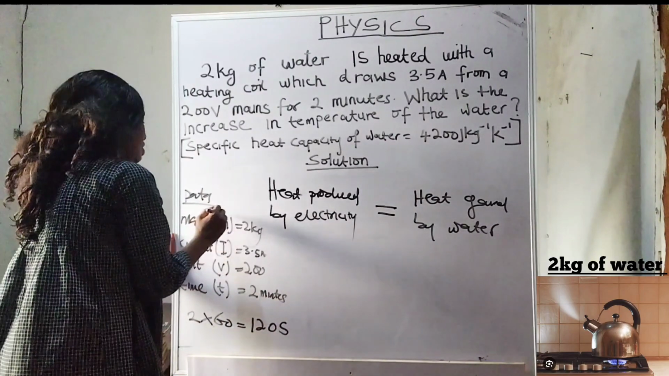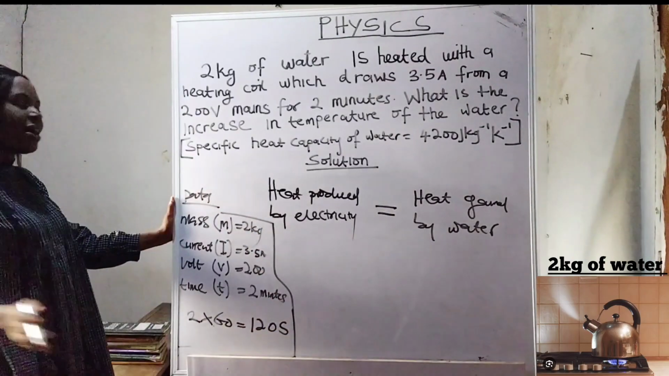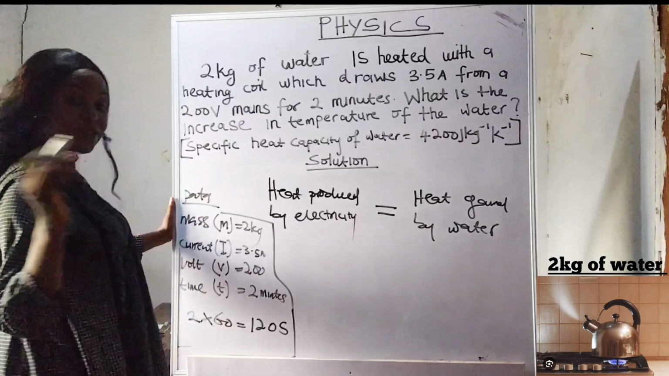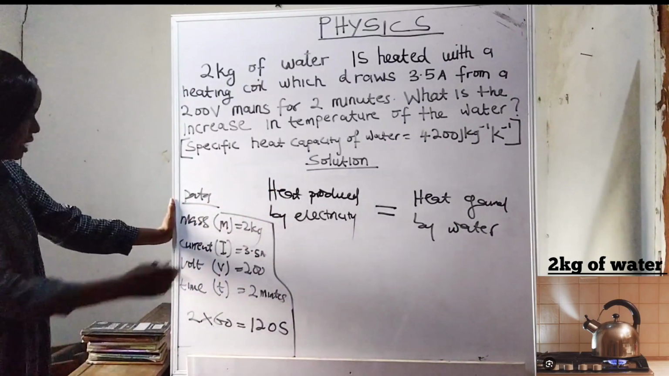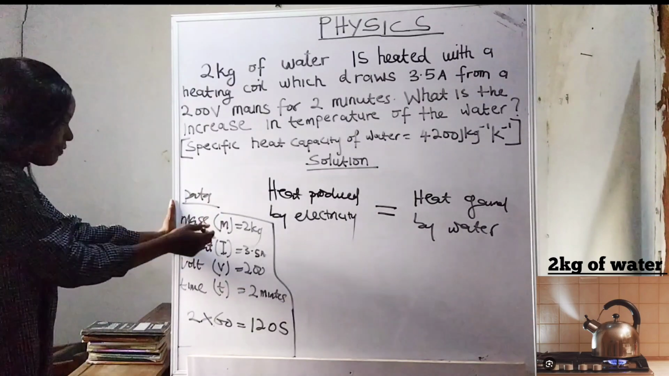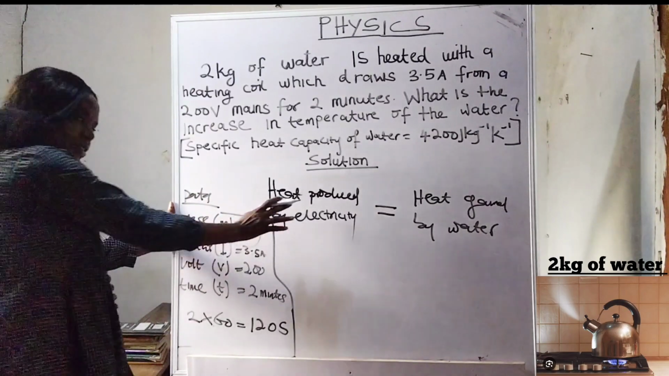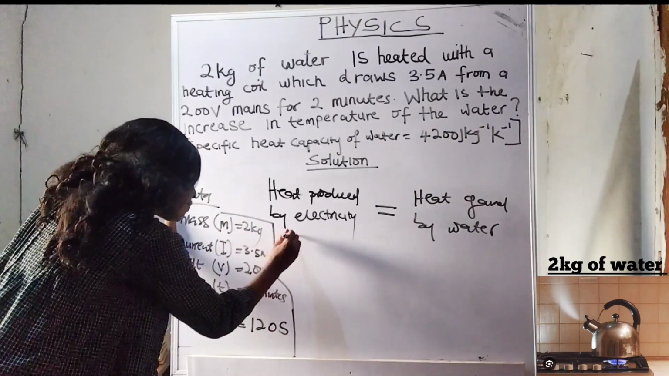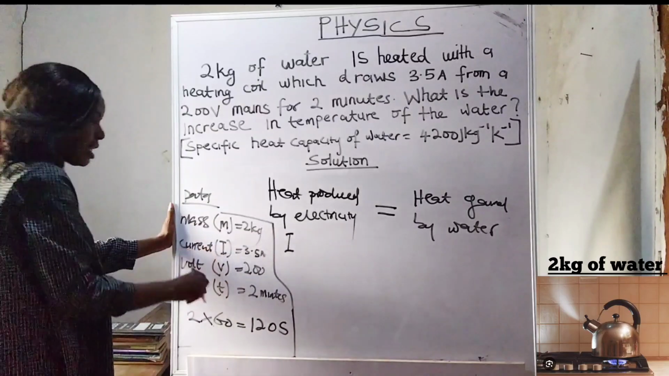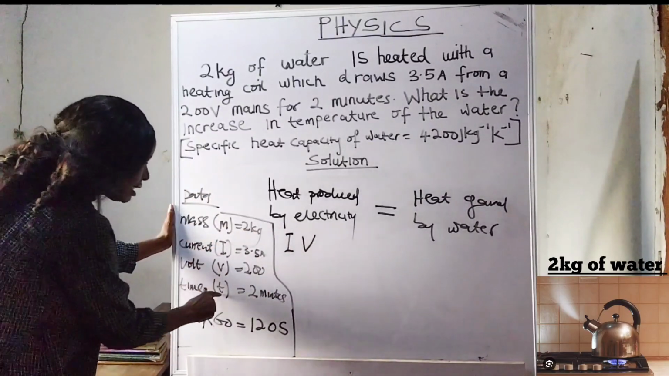Okay, let me read it out. So now I come back to the question again, because from this data I know the formula to apply to solve the question. They give us m, which is mass, I, V, t, and s. Okay, so for electricity I use the formula I because of this I, V because of this V, and the t